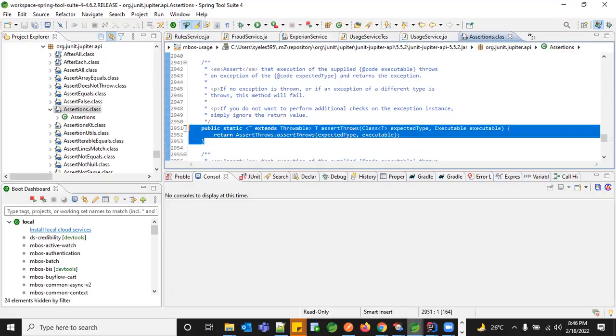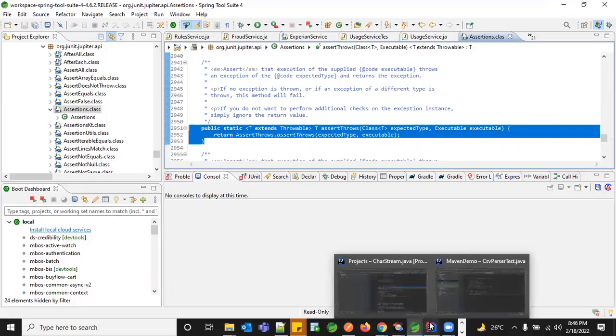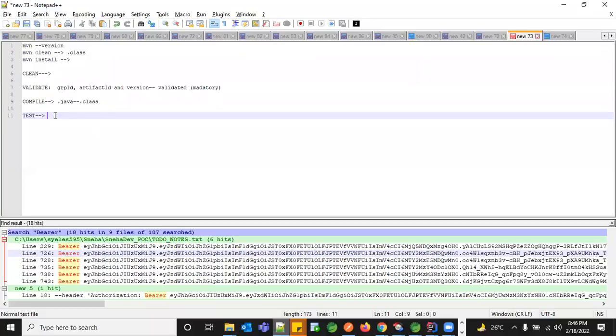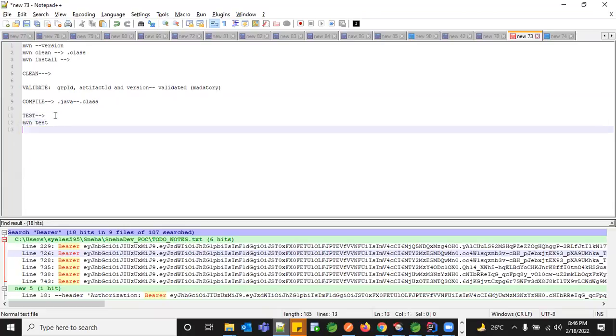To do all these test cases and execute them from the Maven perspective, we have something called the test plugin or a test lifecycle. So whenever you want to execute the test cases, you have to give Maven test. And if you don't want to execute, you can even skip your tests. Whenever you're trying to build, a few of my test cases may be failing, but right now I just want to see the build succeed.